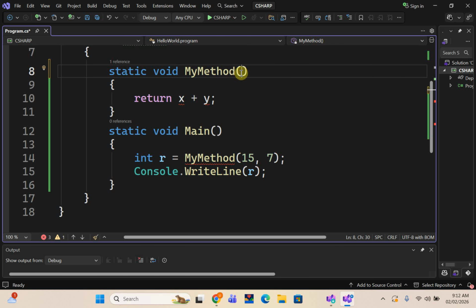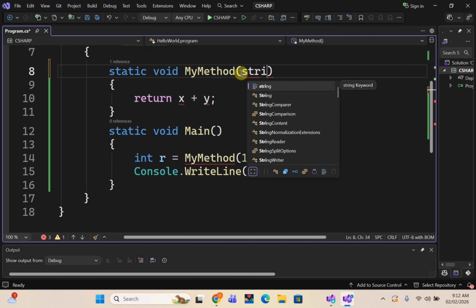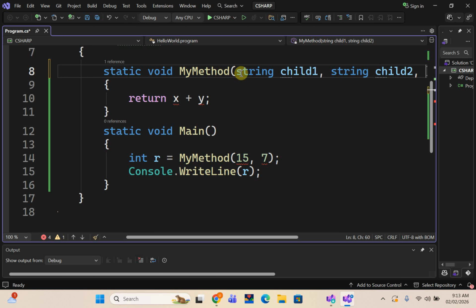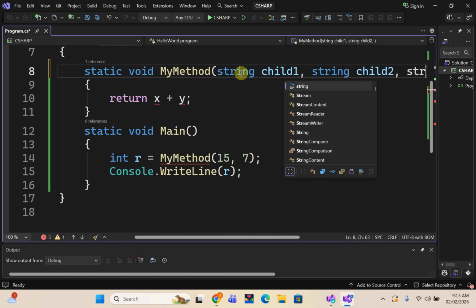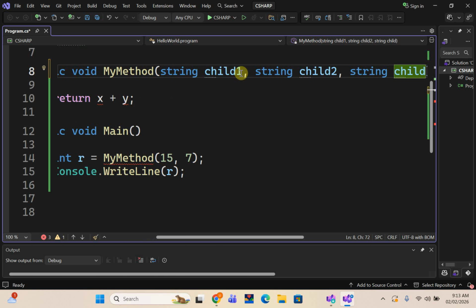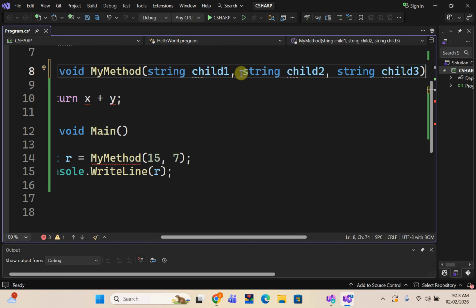Let's use here string child1, string child2, and then comma, string child3. So now